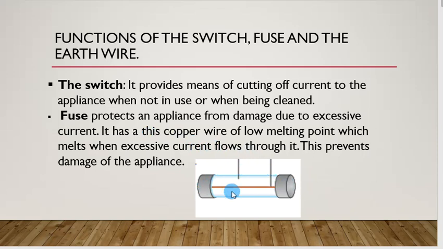So the picture here is showing us a fuse. It has a metal casing here and the metal casing here, and the thin wire there is connected to this and that. The thin wire making the fuse is of low melting point, so it easily melts when it becomes hot, thereby cutting the supply of current to the circuit. Another reason why we may have excessive current could be due to voltage surge. Sometimes the voltage will just surge, and then that may result in current also increasing, becoming excessive.